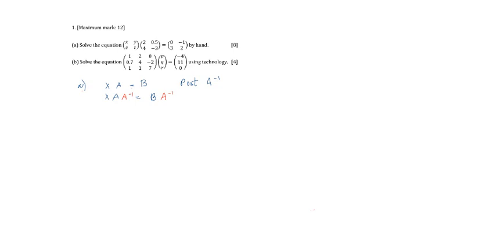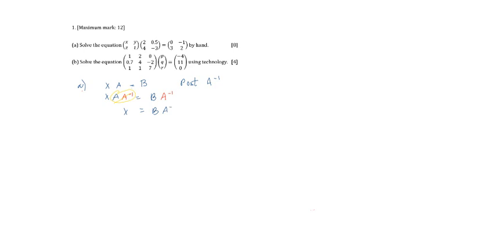We cannot have this as A inverse times X times A. They must be closer to each other such that when we multiply these two, it will give us identity or 1. So identity times X, or X times identity, will simply give us X